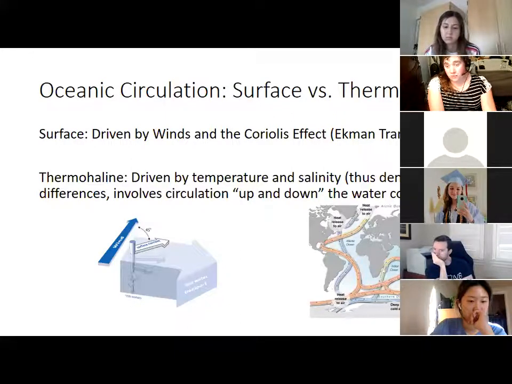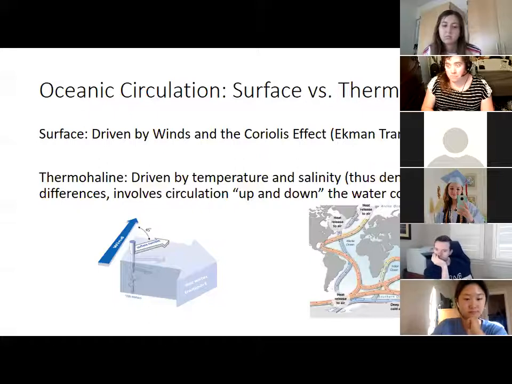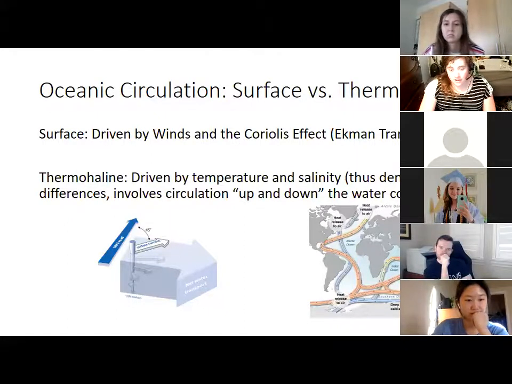Thermohaline circulation is driven more heavily by temperature and salinity differences, which overall lead to density differences. And we care about that in Antarctica because in Antarctica, the density differences that normally make it hard for surface and deep water to mix are not as pronounced because there is less evaporation and more freshwater runoff from melting glaciers. This is also true in the Arctic. And sea ice formation actually causes Antarctic bottom water to form. And Antarctic bottom water formation drives a big portion of thermohaline circulation.